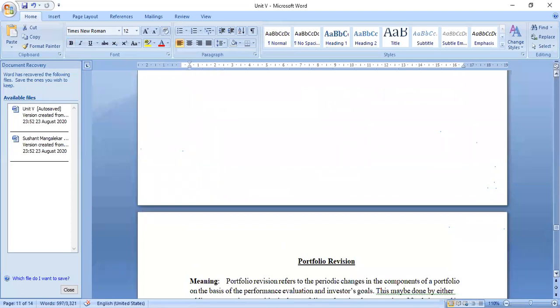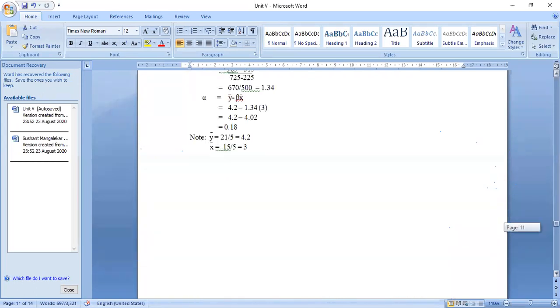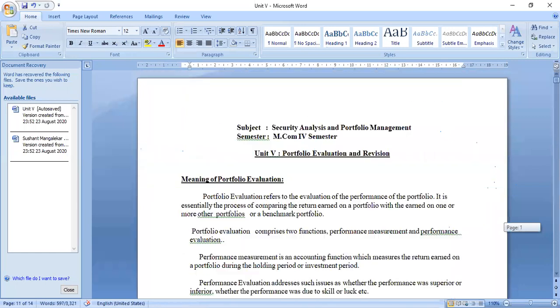Before that I want students to go back through the question papers. If you have any doubts there, we can clarify them. In tomorrow's session, we will be completing the portfolio revision techniques. Till here, if anybody has any doubt with regard to portfolio revision, I can address the doubts. Else we will end the meeting for today, and tomorrow we will complete the portfolio revision techniques. If there is no meeting tomorrow, I will take the class at 11 a.m.